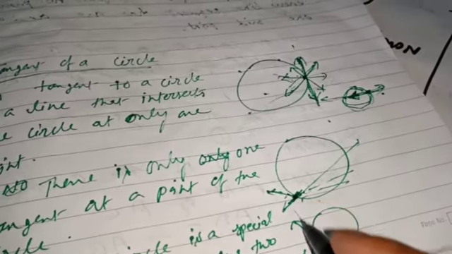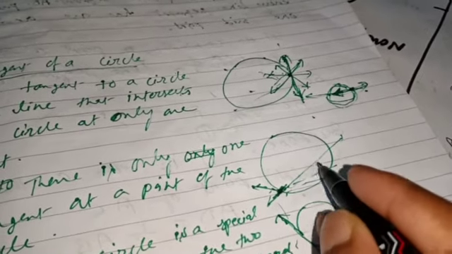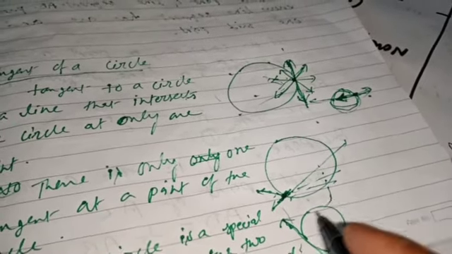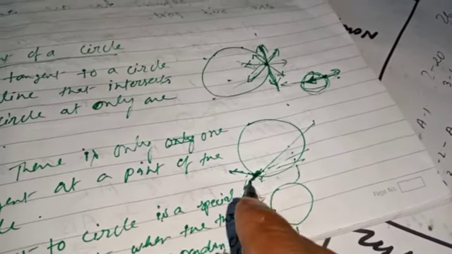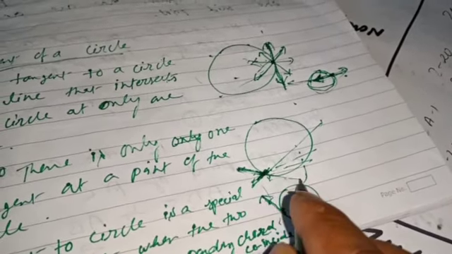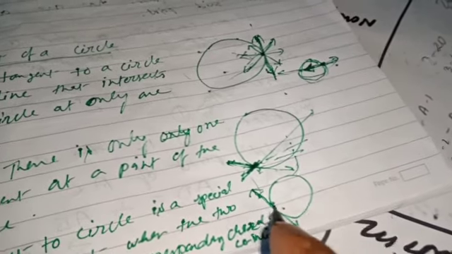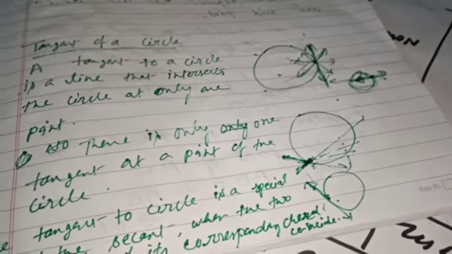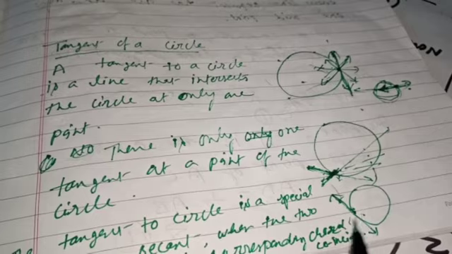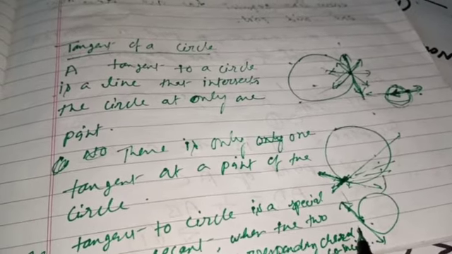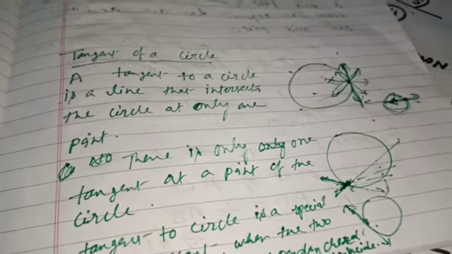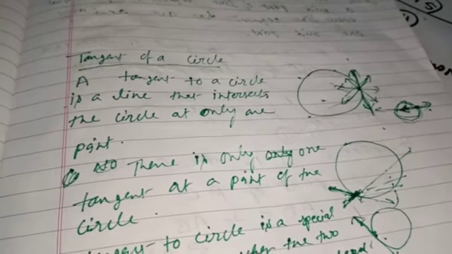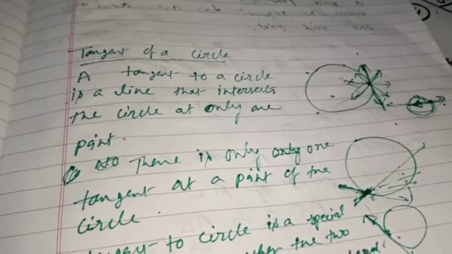One time you will get it like this. After rotating this line, one time you will get it directly. This point is fixed, you can see. This end will become this side like that, and you will get exactly this one. This is called what? Tangent. So like this, a secant becomes a tangent. Understood? You have to remember that a tangent intersects at only 1 point.